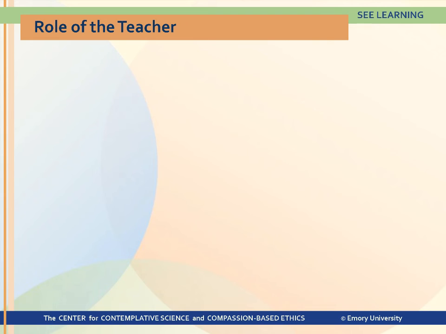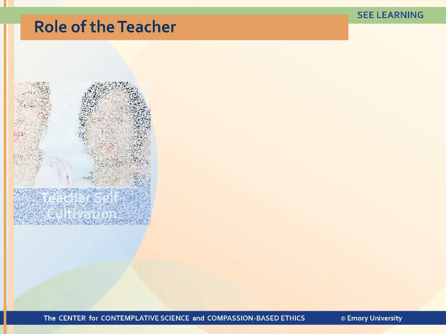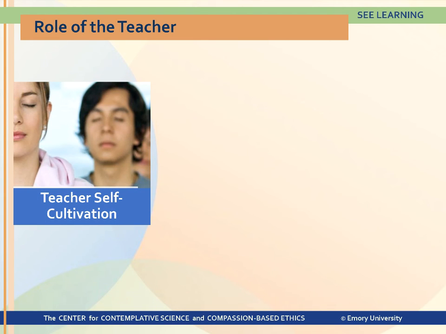The role of the teacher in C Learning is very important. The first element is teacher self-cultivation, in which the teacher herself seeks to embody qualities of compassion, patience, courage, and warm-heartedness. The teacher also would understand C Learning material in depth and embrace the attitudes there that are desired for students, including growth mindset, having humility, admitting and learning from mistakes, and embracing self-examination.